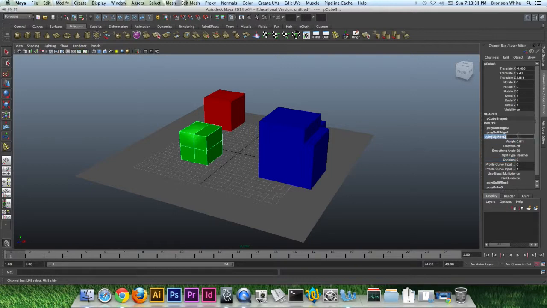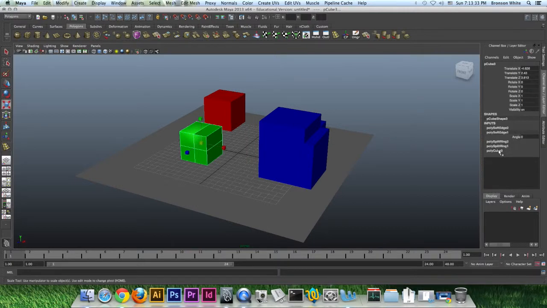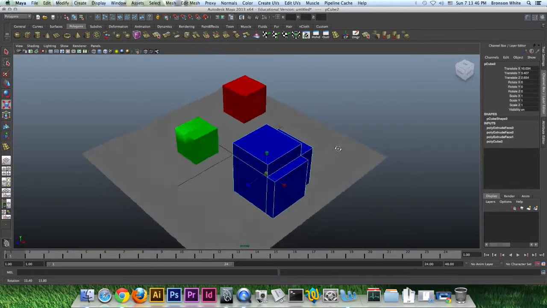You don't need to understand what all this stuff is right now. I'm just kind of showing you where it is for later. And since I made this cube separately, I still have the polycube 3 input. Here's another thing. This is probably one of the most useful